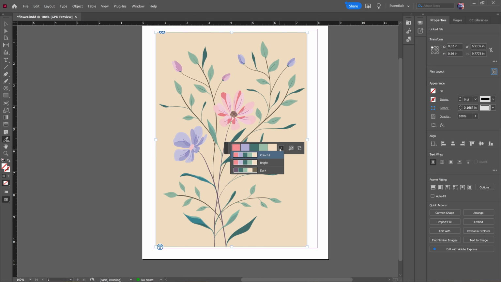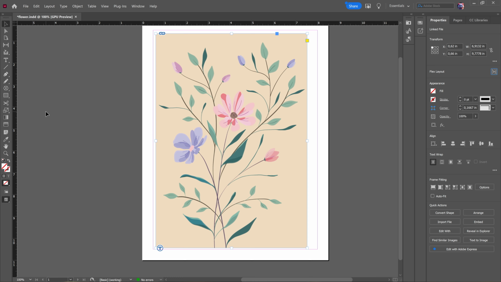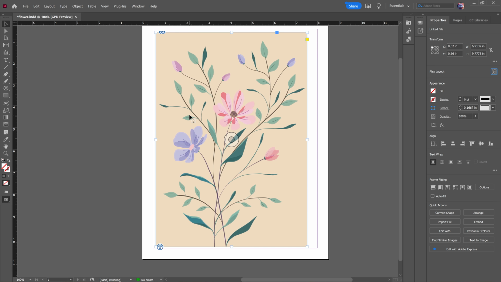In this tutorial, we're going to take a look at how you can create a custom swatch library from colors in any image in Adobe InDesign. So in Adobe InDesign, if you have an image you want to use the colors from and you want to use all the colors and create a new swatch library, you can go to the eyedropper tool, and when you